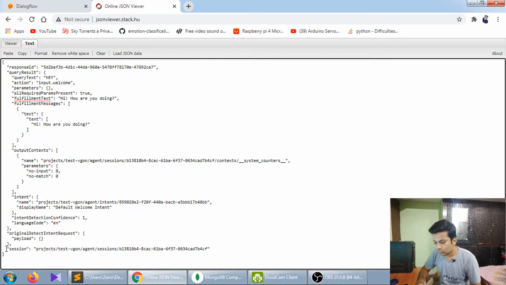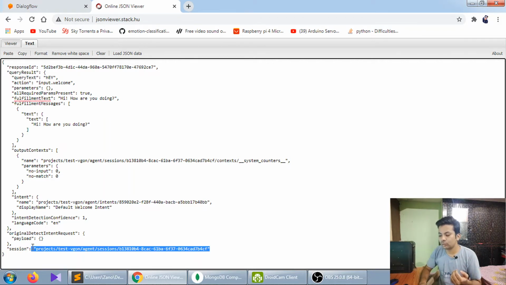And below, in the end line, there is a session. What is the use of session? When a user has a conversation with a bot, it will send the session also, and multiple people can be chatting at the same time. Every person will have a different session, so you can differentiate between people, who has talked how much. For that, session is used. If you don't want to differentiate between persons, you just have to save these two, question and answer. You can do that also, but session will be much more helpful.